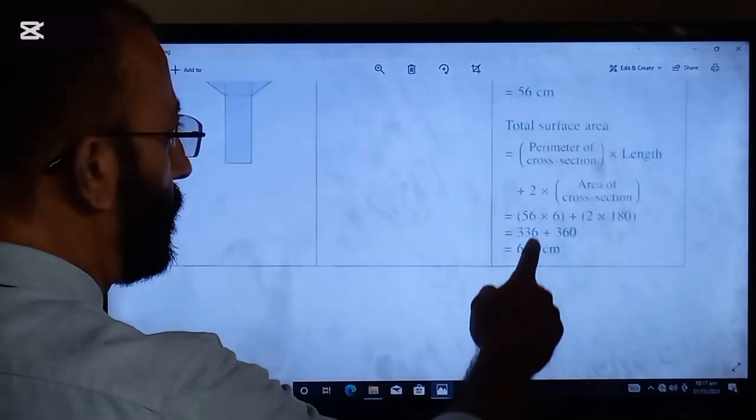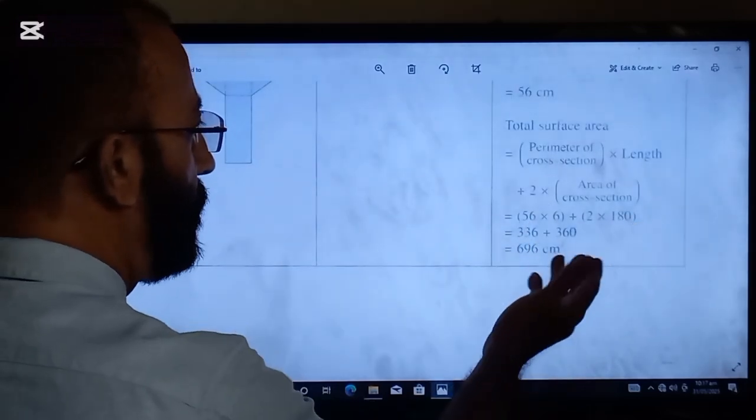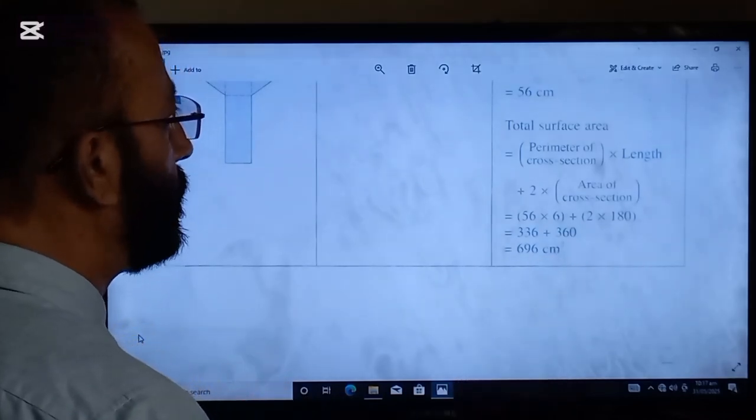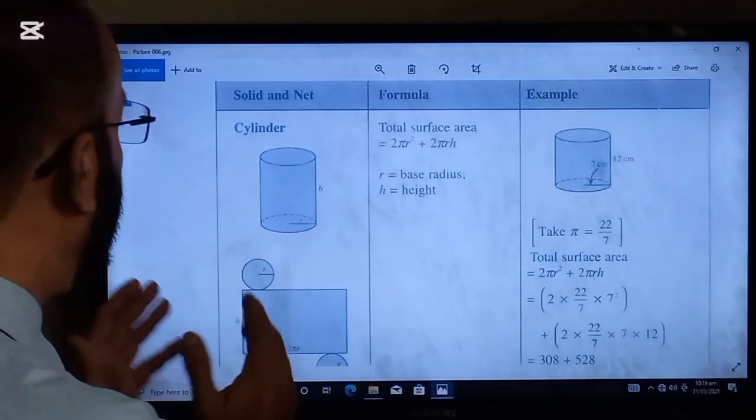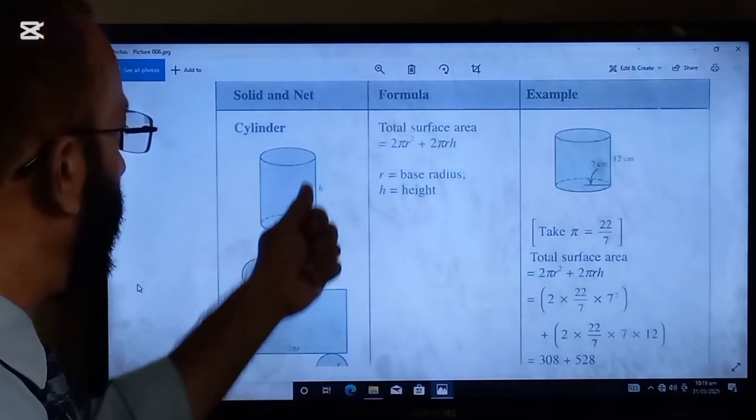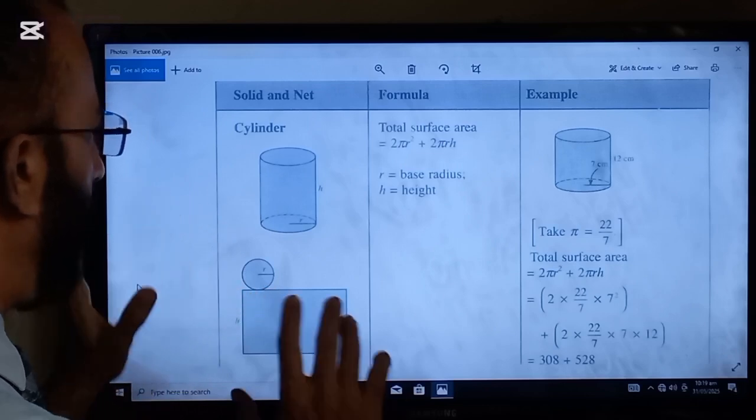So look now, we have placed these values, so this is the answer. Now here is another important figure, that is a cylinder whose radius r and height h is given, and you have